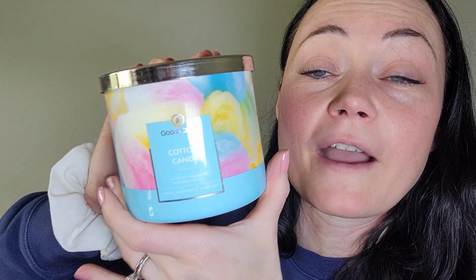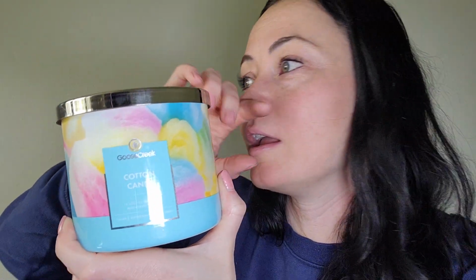And also the packaging. Look how pretty that is. I love those different colors. Cotton candy bubble gum was my favorite gum growing up. I just love cotton candy. So let's see if this smells like it. I feel like it would be a hard scent to nail in a candle. The scent notes are blue raspberry, pink berries, and spun sugar. So,